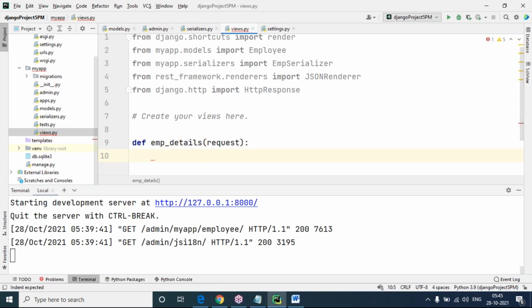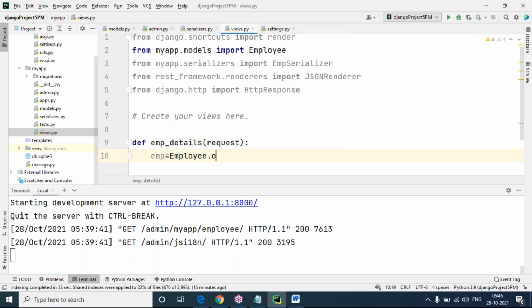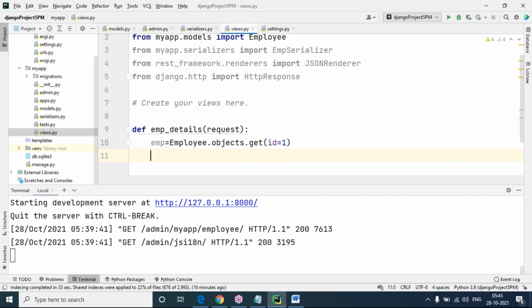You people know that. Now here emp is my query set object. Employee is my model, .objects.get of id equals 1. A particular id I want to render first. Later we will show how to render all objects also, no problem. Particular id equal to 1.